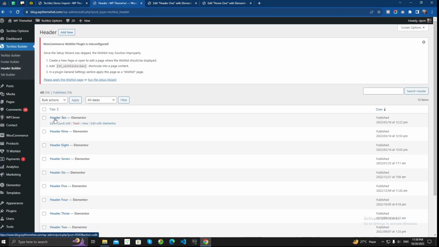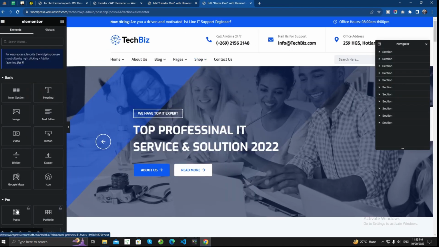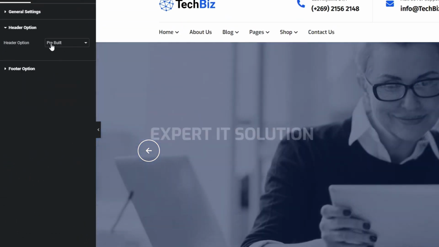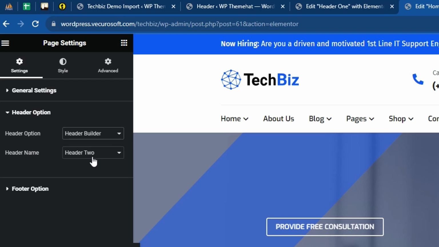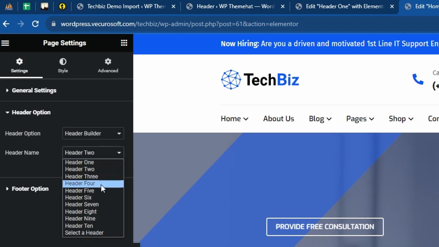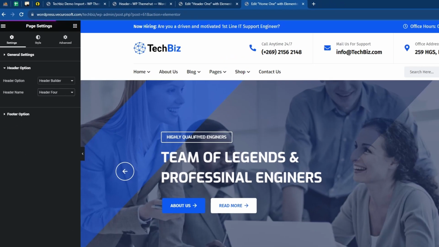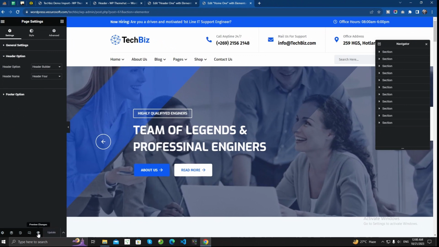Now you want to set your Header 10, suppose this one, you want this header to be set here now. So what you need to do is, you need to click on Settings, then go to Header Options, then here is the pre-built header. So we need to go here and click on Header Builder, and we need to change our header, like we want Header 4 here. So we will click on Update,